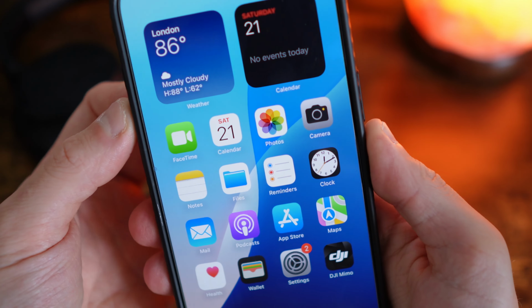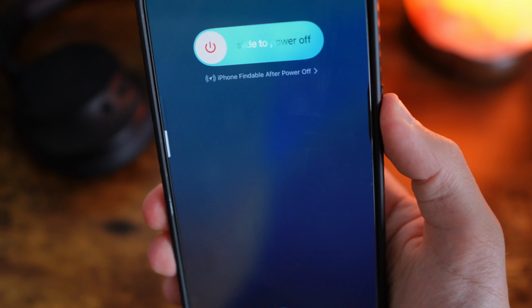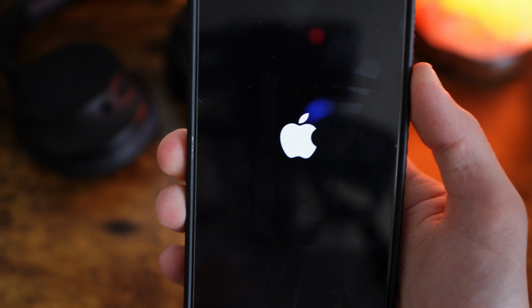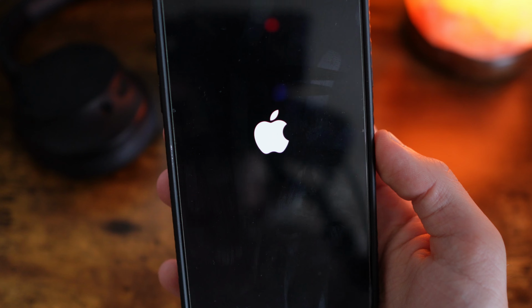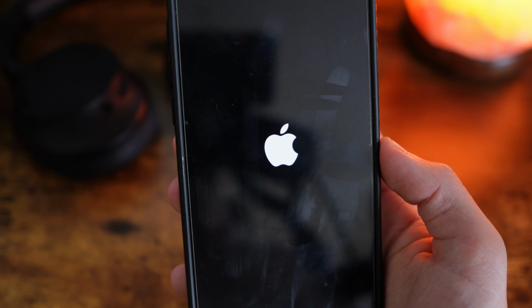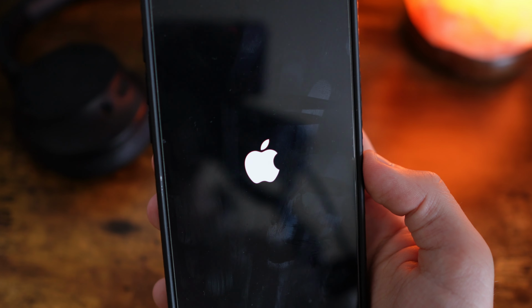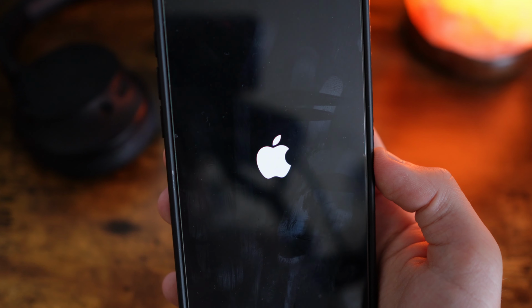So volume up, volume down, lock button. Keep the lock button held in until you see this screen, and then you need to keep holding it in until you see the screen go black. Now basically, as you can see, this has now gone off. And if we keep the button held in, what you will eventually get is you'll then get the Apple logo returned to your screen, which basically means that the phone is rebooting and you have fully hard reset and refreshed